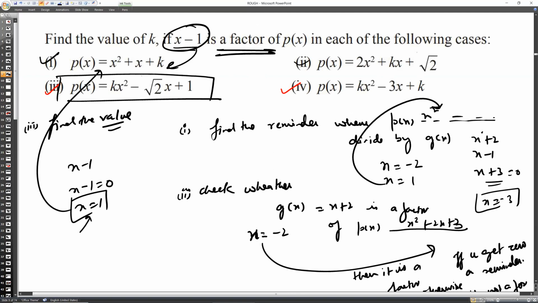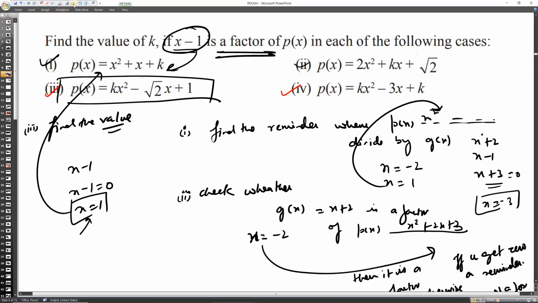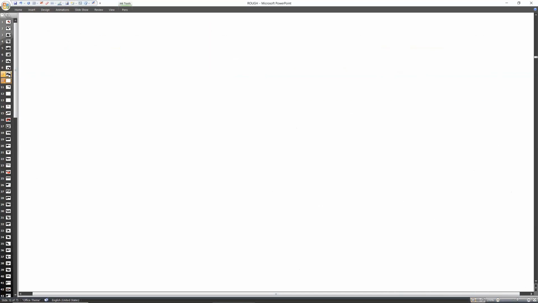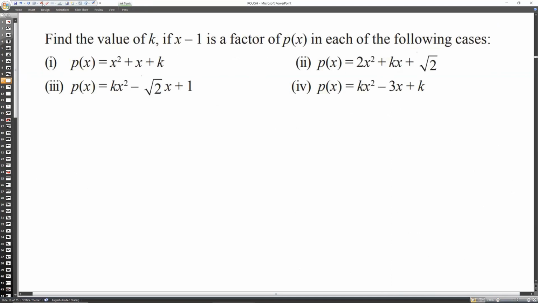Then put that value, x equals 1, in this one, and you have to equate it with 0. Okay, so let me do this question here. Just a minute. So what you are going to do here is put that value: if x minus 1 is a factor of p(x), that is given to you, kx square minus root 2x plus 1,